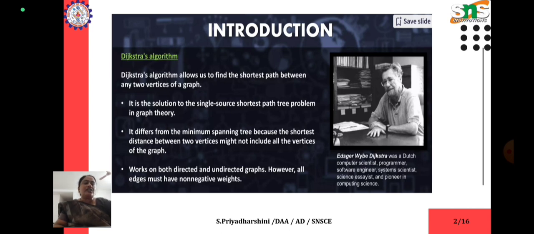So Dijkstra algorithm can work both on directed as well as undirected graphs. This algorithm is designed to work on any type of graph, whether it is directed or undirected. So in a directed graph, each edge will have a direction indicating the direction of travel, and in an undirected graph, the edges have no direction and the algorithm can traverse both forward and backward. So let's see